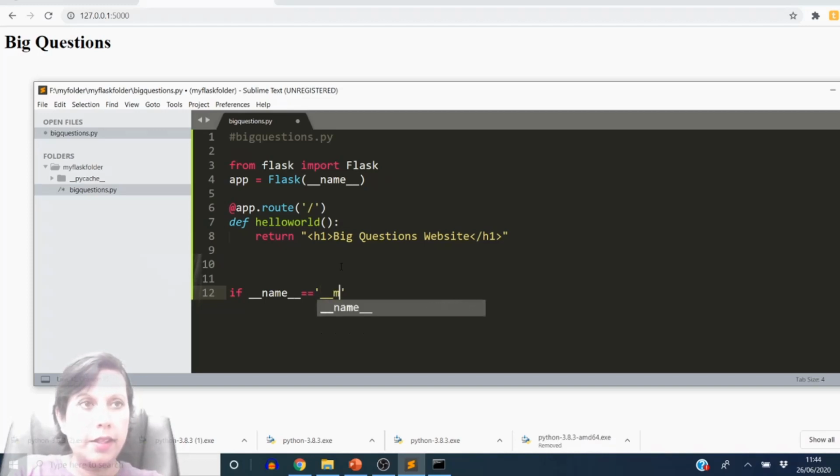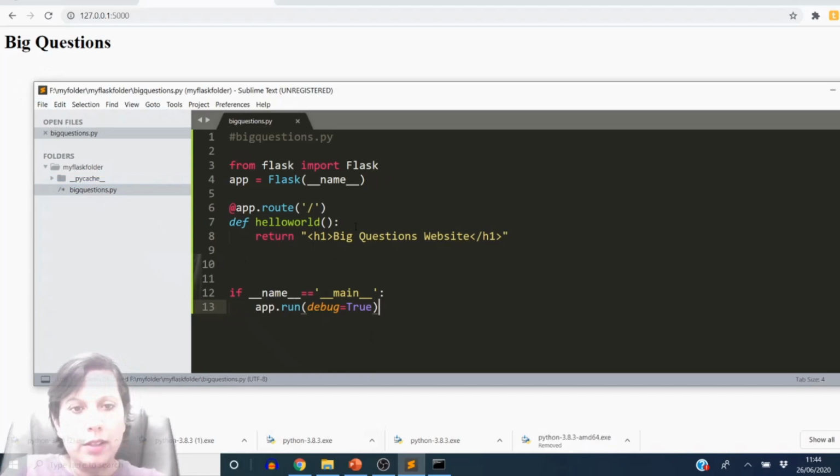So if you type in this, and I'll add a note in the video to explain this concept, but if you just type debug equals true, what we're doing is the actual command that we put in the command prompt, we're hard coding it into the .py file. And if I save that,